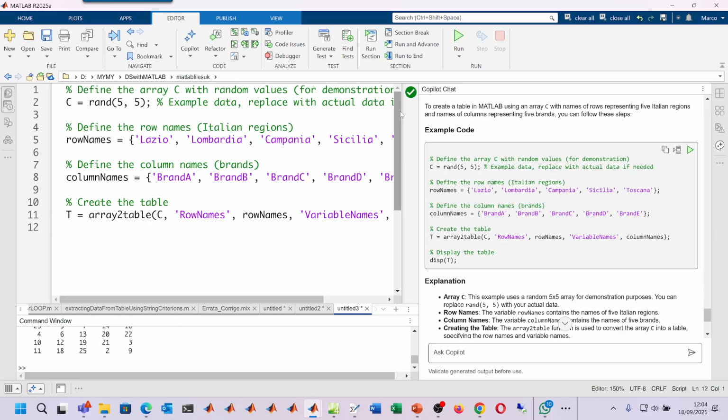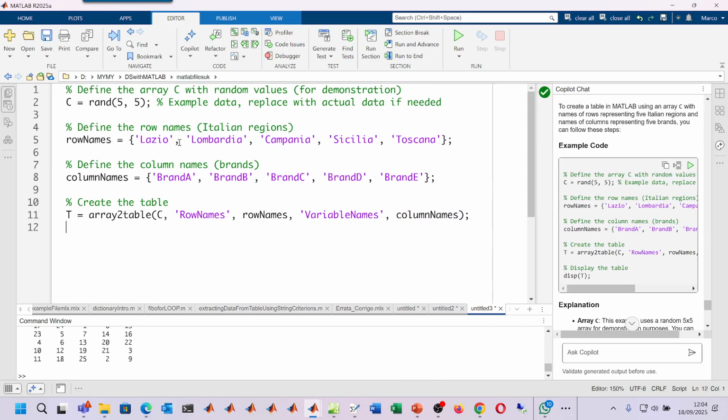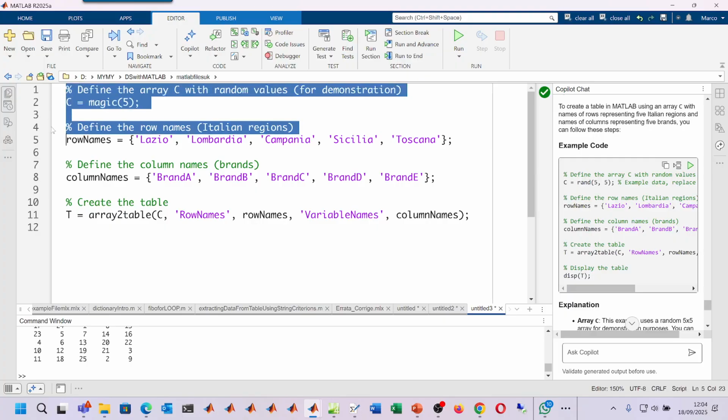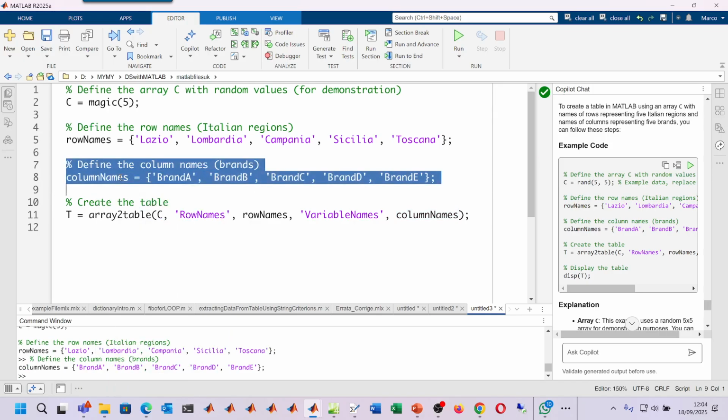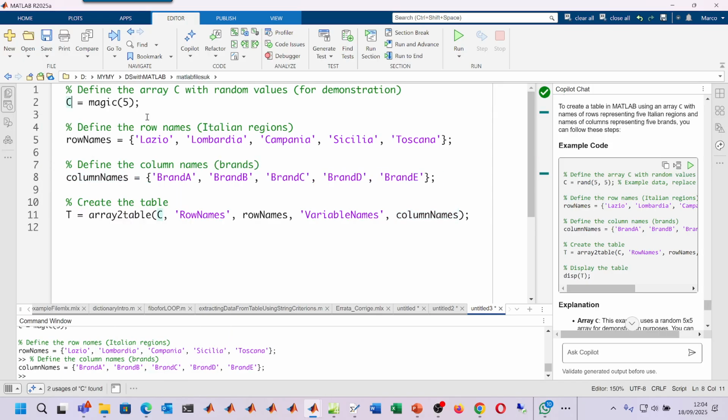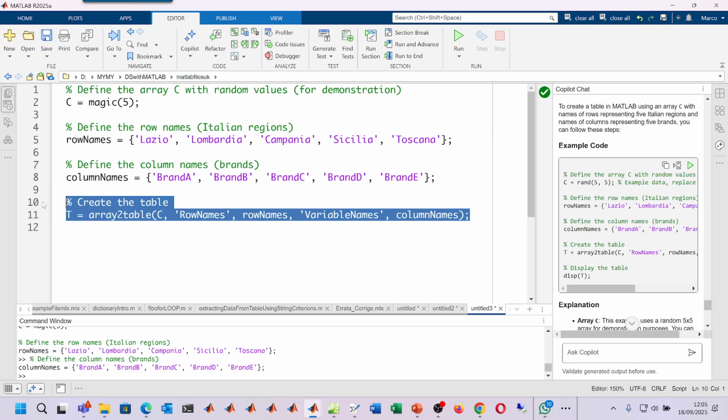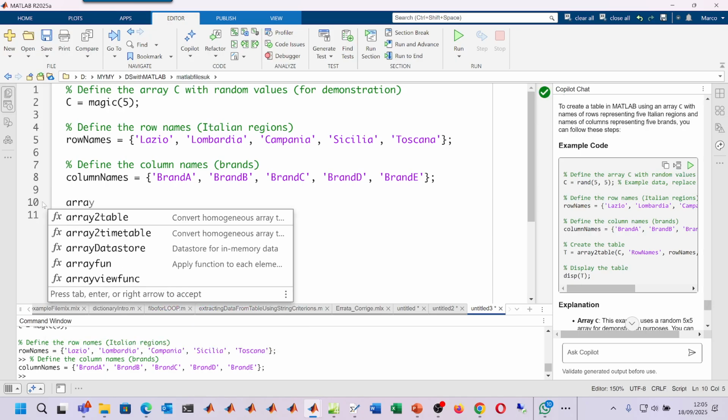Yes, you see, now it has created this C, this was our magic 5, not a random variable, to define the row names, the Italian regions. You see this cell array of characters, these row names. Now you see these column names. Now, with these numbers, these row names, and these column names, you want to create the table. Okay? So, you do array to table,